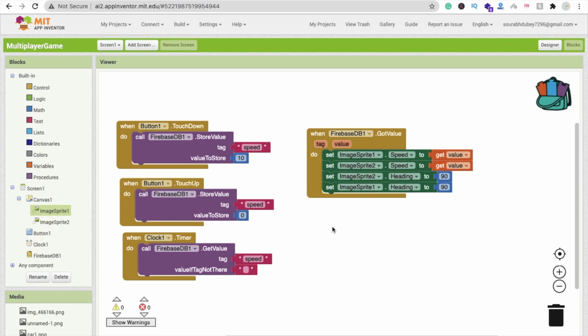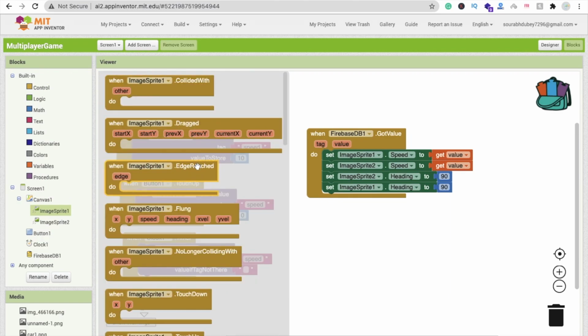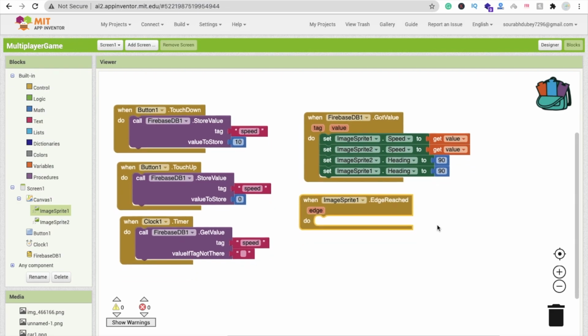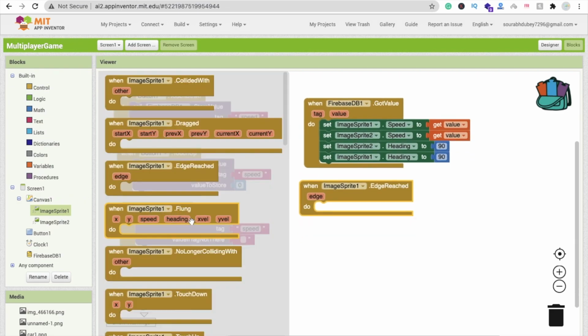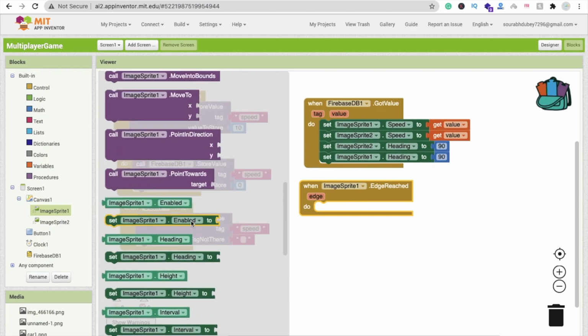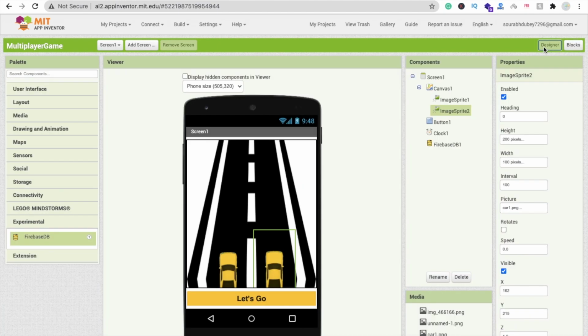Now it's fine. Now whenever our car reach the edge, okay, so we have to move it. So click on image split and you will find image reached, edge reached, right? Whenever image one dot edge reached, then we will move it in the new direction. Again it means where we will move it.